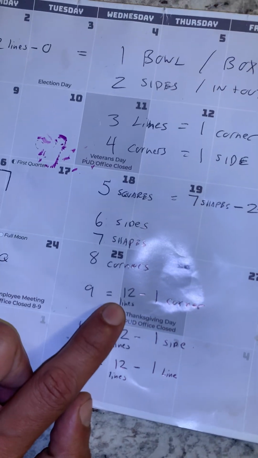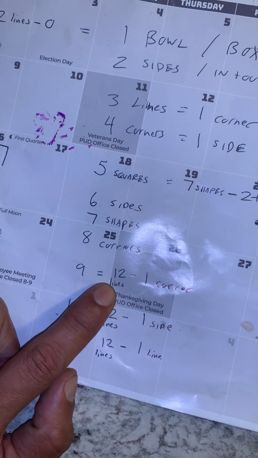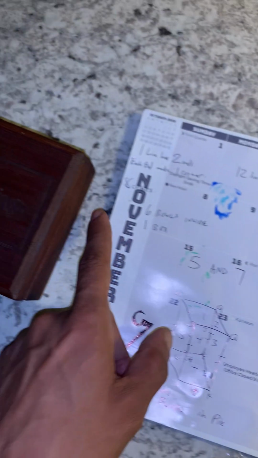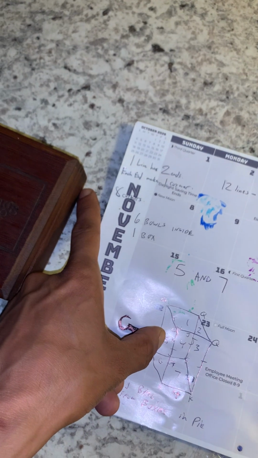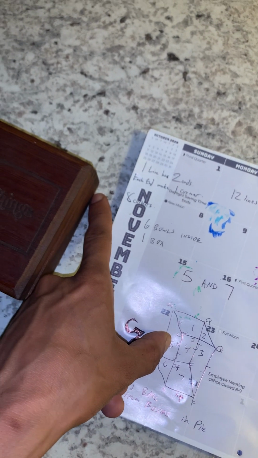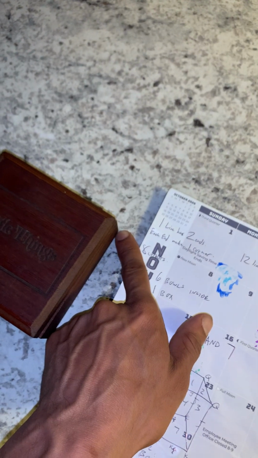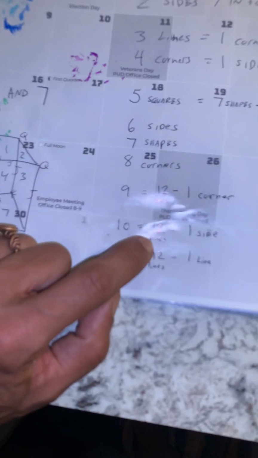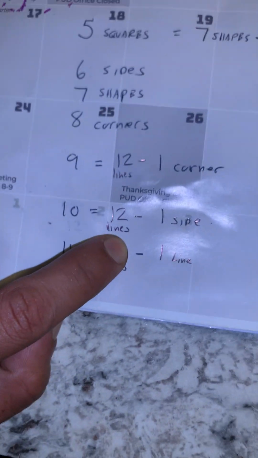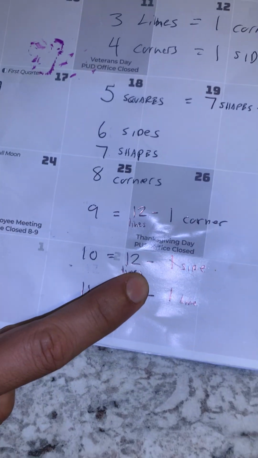So how do you hide 3? How do you minus 3 from 12? You stand in a corner. And then you're gonna be able to see every line except for the 3 that meet here. Okay, so that's 9. So let's go to 10. So what is 10? So 10 is 12 minus